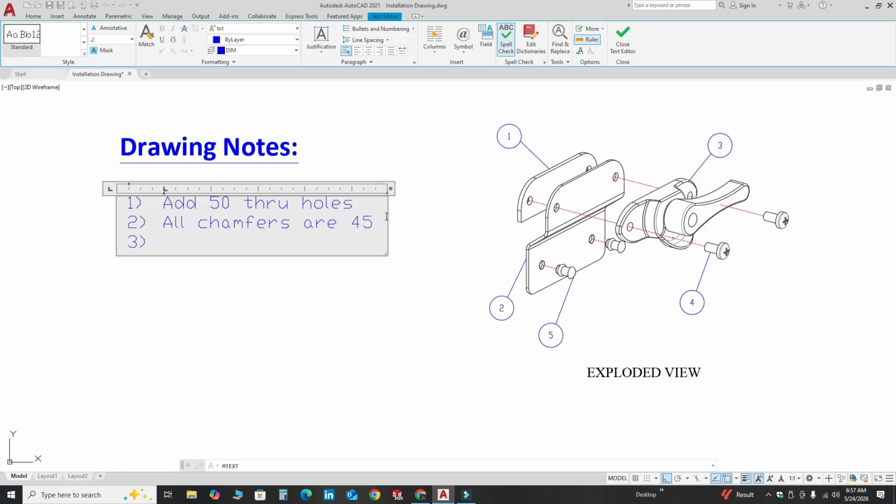And then I will write another line like apply 50 plus minus 0.1 tolerance, and the fourth line is GD&T symbols applicable.